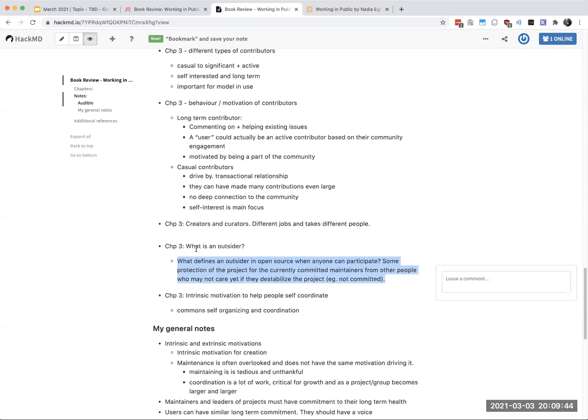Or I'm sorry, affected outside parties. So there's some balance between who is outside the community and their participation, and then being able to protect the people that are long-term committed versus those that could destabilize. And then there's